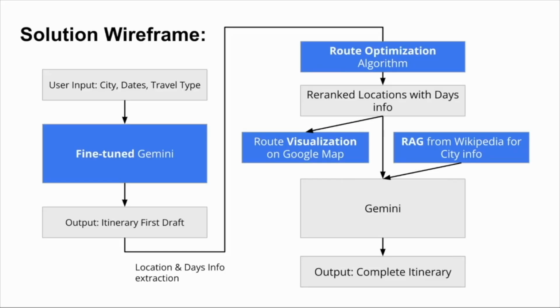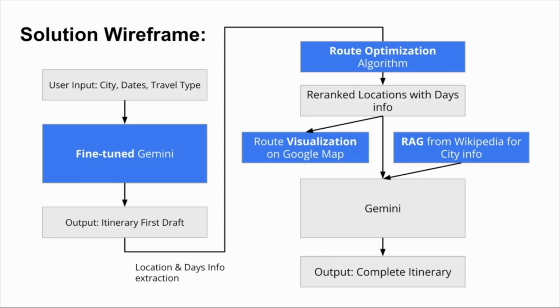Our solution is an AI travel planner called Trippy that combines large language models with Google Maps API and route optimization. By providing basic parameters like destination, dates, and trip type, users receive personalized, optimized itineraries. Through advanced techniques like fine-tuning and RAG, we eliminate manual planning while ensuring practical, efficient travel recommendations that cater to